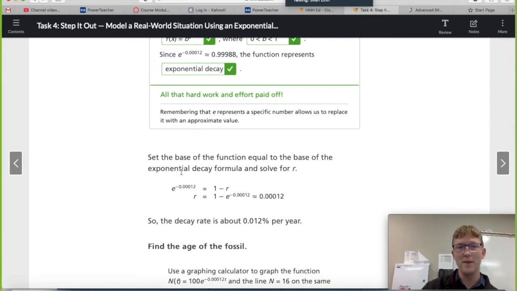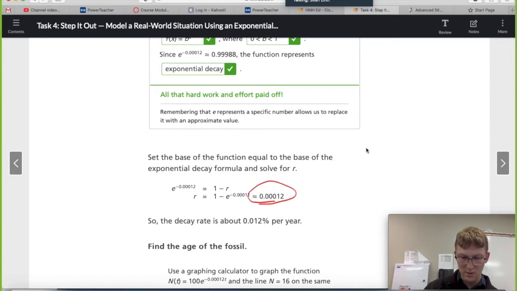So then we set the base of the function equal to the base of the exponential decay formula to solve for r. So this is what I was talking about earlier. We set this equal to the 1 minus r. Then we just do some algebra, and then we can get